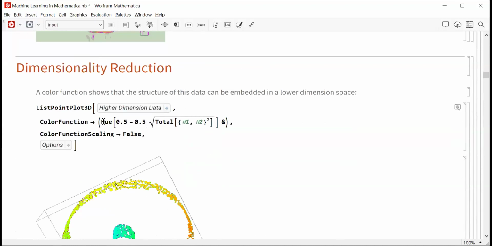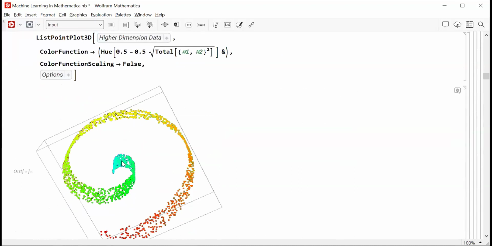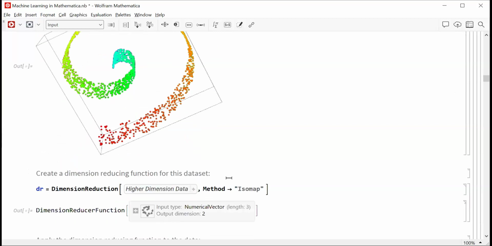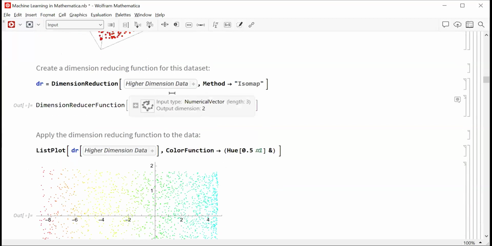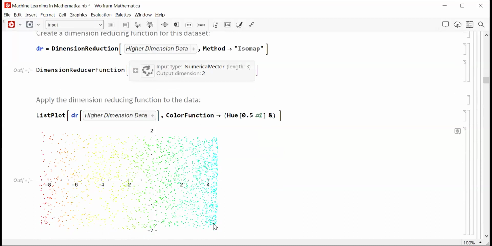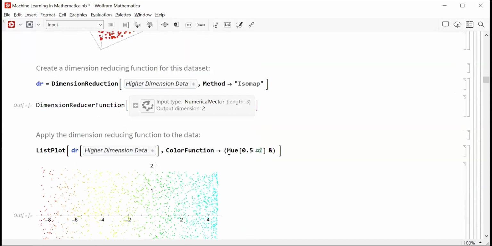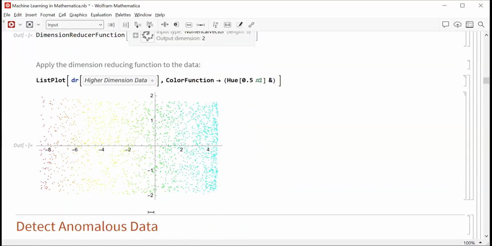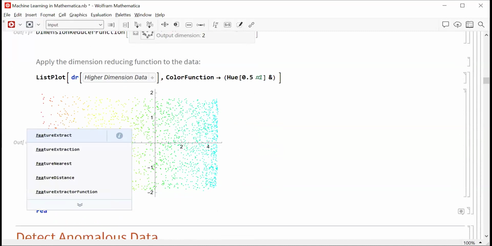So dimensionality reduction is another area where one can select neural networks as part of the methods that are used. So here, we're not using a neural network, we're using an isomap. Given this data which is embedded in 3D but is really describing a two-dimensional manifold, we might want to find a dimension reduction that can put this same data into an embedding space that the data sort of naturally lives in. And so one thing that we might do is, let's do a feature space plot